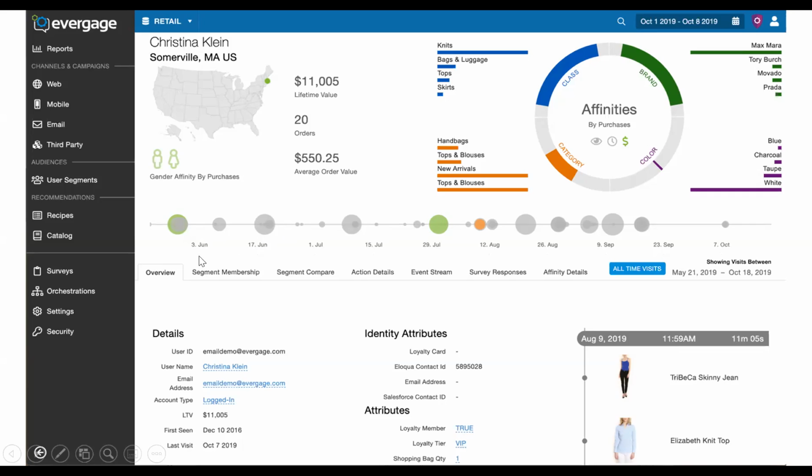Then we have an overview of our customer details. Simply, they are called customer attributes. These customer attributes are again based on your needs, so based on your data and what you would like to see about your customers. So it's again a customized thing, but of course there should be a user ID in place. In this case it's an email, but in case you're a large company and you have different systems you need to integrate, there will be some unique and united ID which will be used for different systems to make this integration happen, so we can find the same person in different systems, so it shouldn't necessarily be an email address. Segment membership, I will probably show you in the demo,